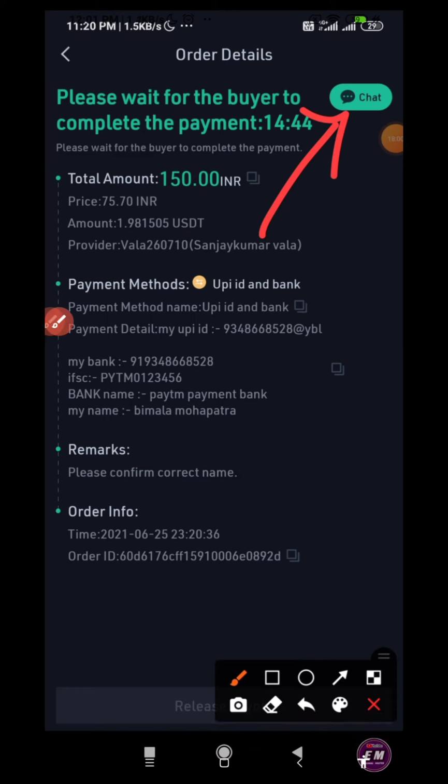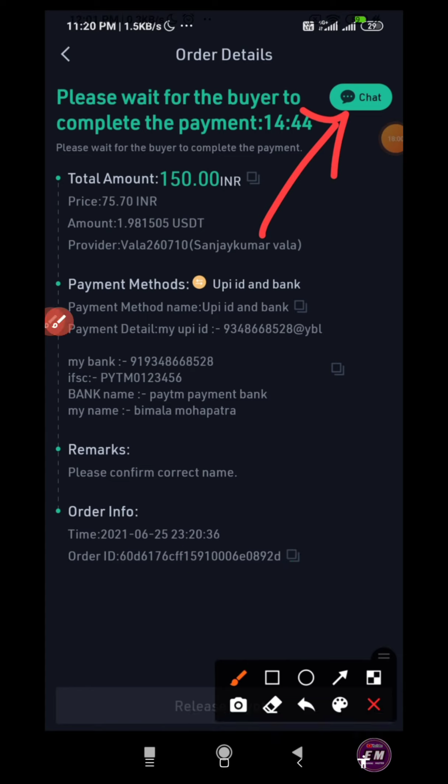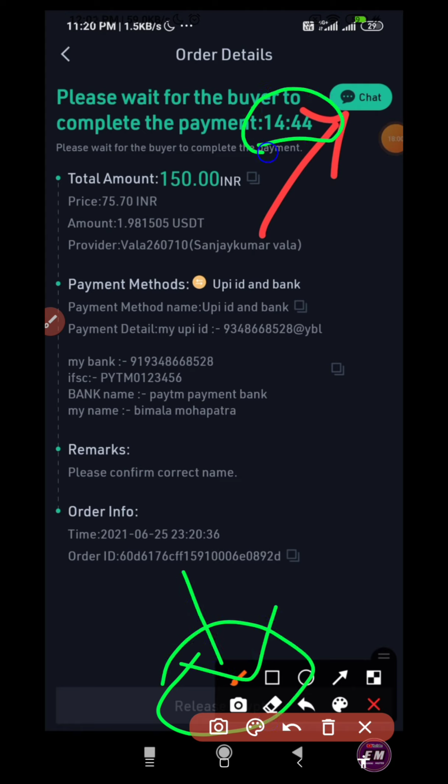Pay to my PayPal ID, pay to my UPI ID, pay to my Paytm. After that, he will send. After he sends, you will get the release crypto option enabled, guys. After that, check your accounts, like PayPal, check the PayPal account, Paytm, check the Paytm, check the UPI. If you got the payment, click on release crypto. After clicking on release crypto, you will be done, guys. You will get the amount before, but you must do the release crypto, or else your account will be banned.